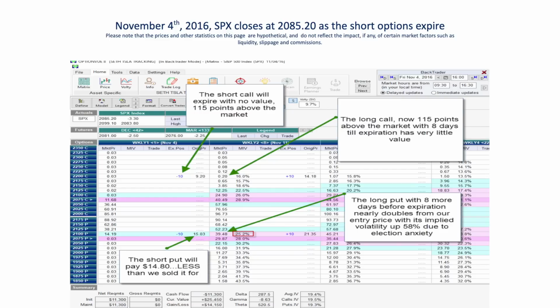Now, what's really interesting is looking at the put side. You see, the short put will be settled at $14.80 because the strike price is $14.80 higher than the index expired. In other words, the option has expired in what options traders call in the money. So we owe the owner of that put $14,800, but don't forget that owner paid you $15,030 for that option. Even though you owe him money on that put, you still made money from that option because you collected more